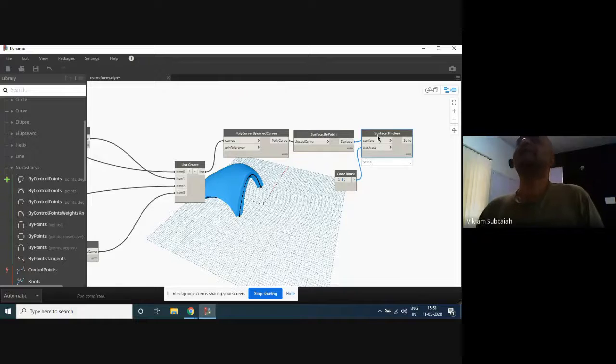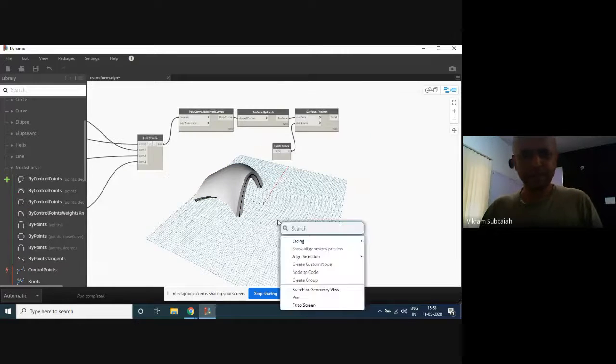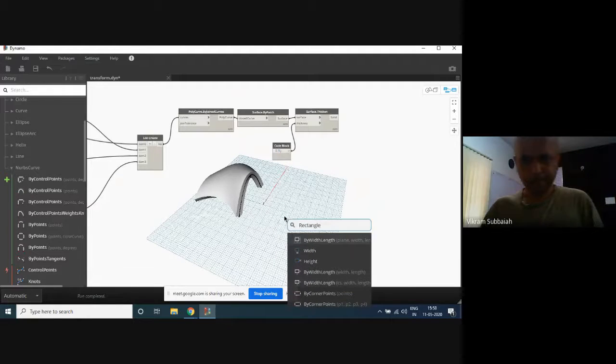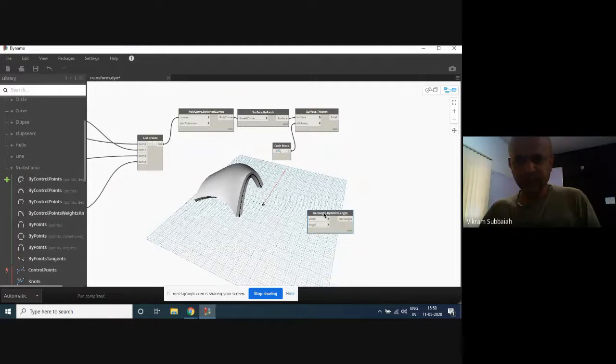Okay. Loft basically is something that, say, if I create a rectangle by width and length, we've created something like that.